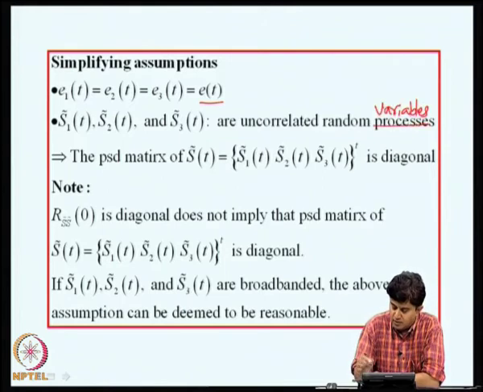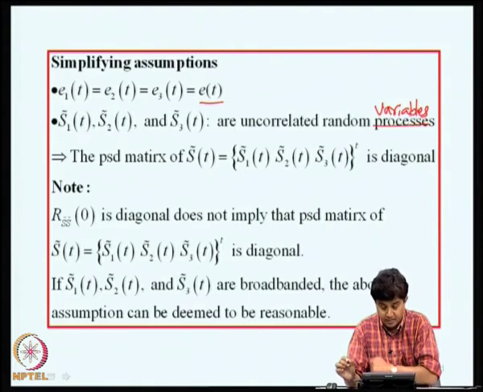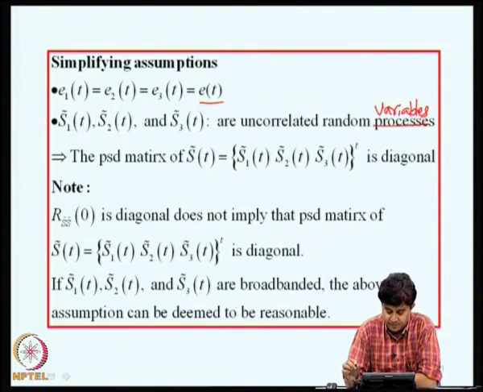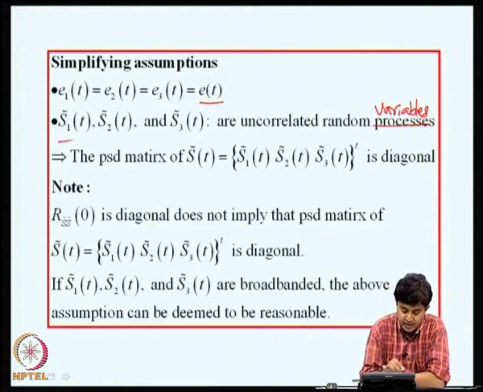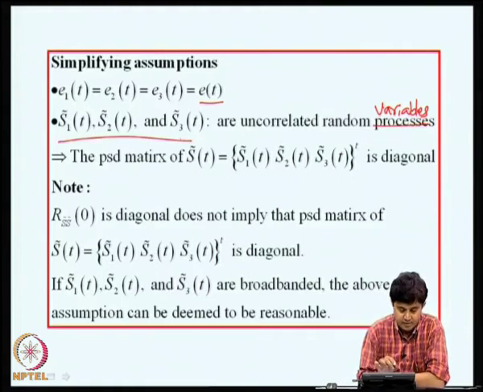Now, we make a further assumption that at same time t these 3 random variables are uncorrelated, but we now extrapolate this model to assume that S1 tilde, S2 tilde, S3 tilde are uncorrelated. Okay, this is an assumption. If that assumption is acceptable, the PSD matrix of S tilde of t is now diagonal,